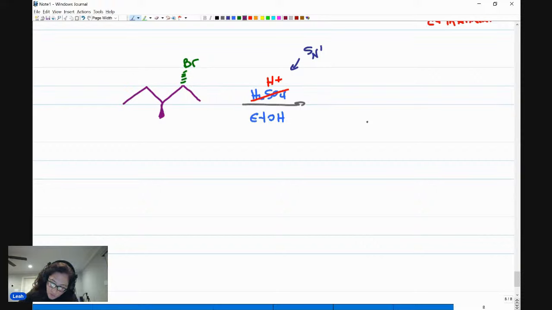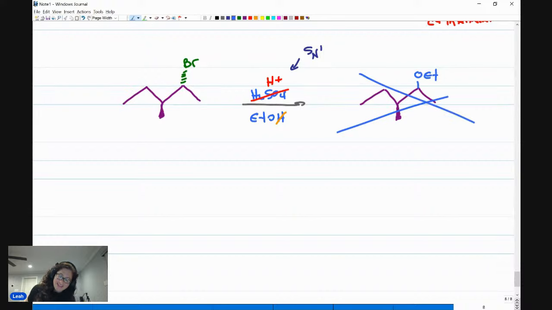If I redraw the skeleton exactly as I see it, and then I consider where I'm going to put my incoming group, remember the backpack trick, cross this out, and I would get an OEt here. This is actually not the right answer because we have a carbocation intermediate. And here's a trick I want you to recognize. Anytime you have a secondary position, which is going to give you a secondary carbocation,